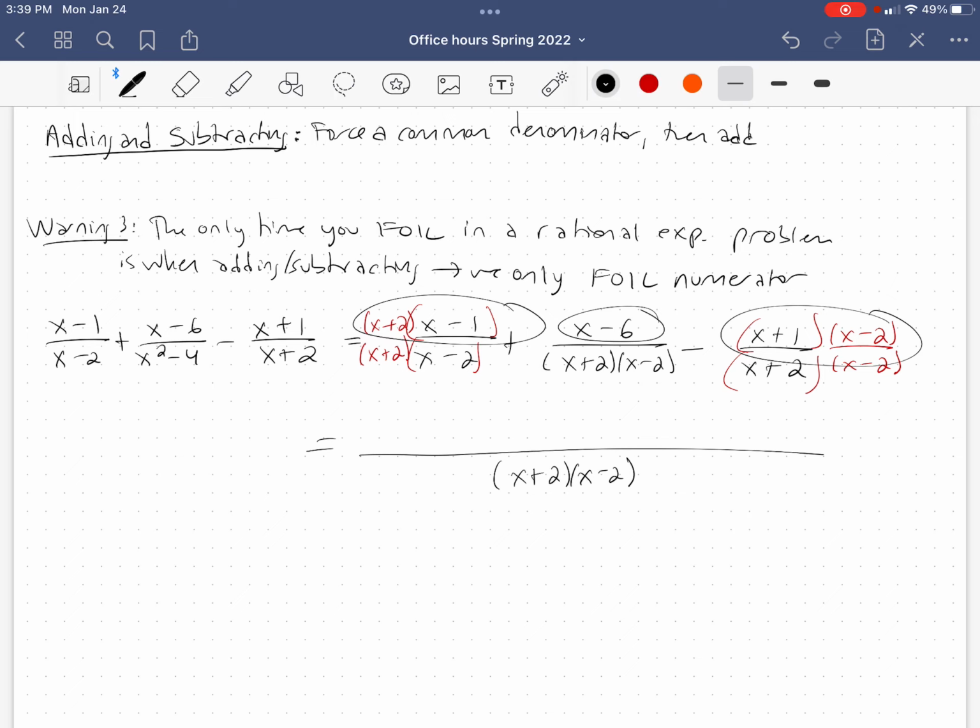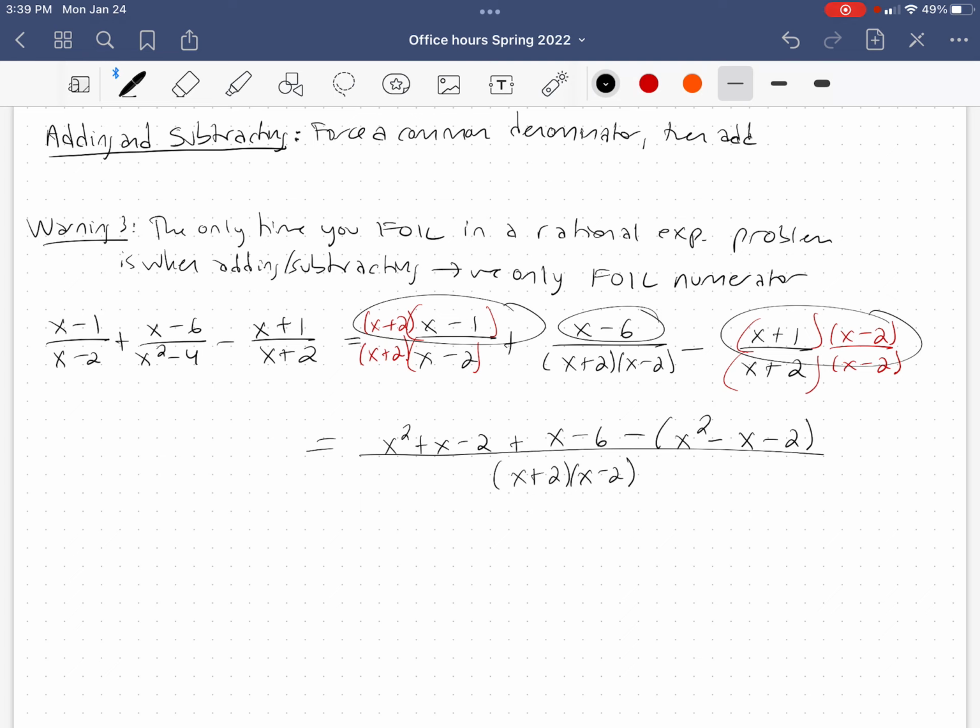And this is when we're allowed to FOIL. So FOILing out the first term, x plus 2 times x minus 1, okay, gives me x squared plus x minus 2. Plus the x minus 2 minus, FOILing out the last piece gives me x squared minus x minus 2. And I put those parentheses there so that I could worry about the FOILing without having to worry about